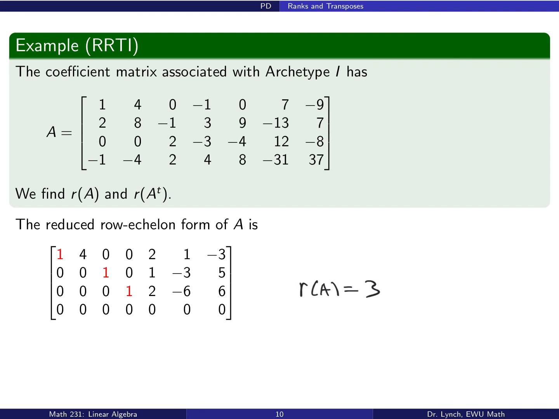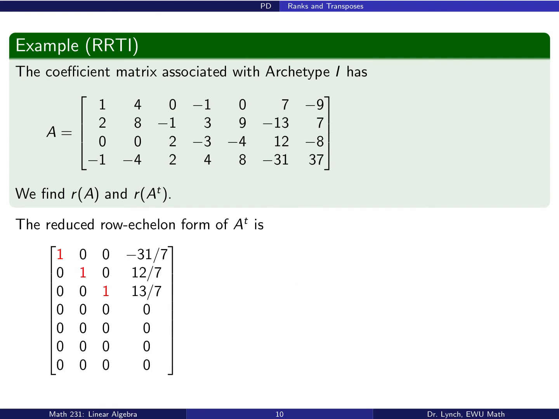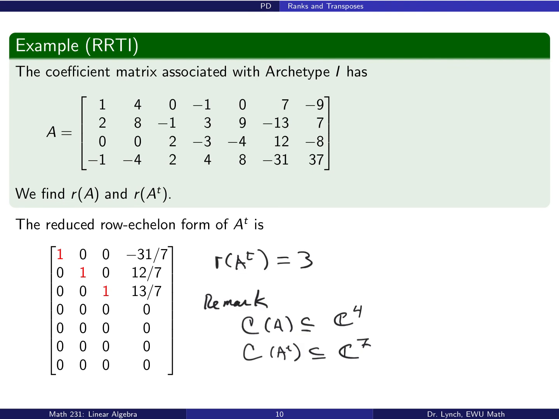Now we can also find the rank of the transpose, right? And the rank of the transpose we can find just by row reducing the transpose. So here's the row reduced echelon form of the transpose. We see it has 3 non-zero rows, so the rank of the transpose is also 3. Okay, so this is sort of remarkable that the rank of the transpose and the rank of the matrix are the same, because the dimension of